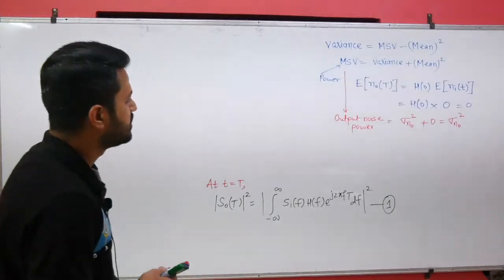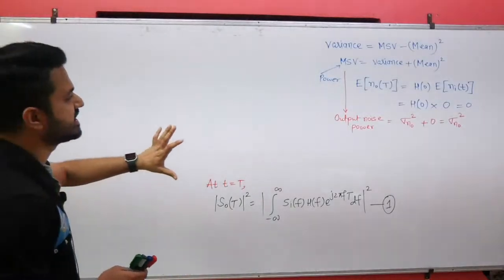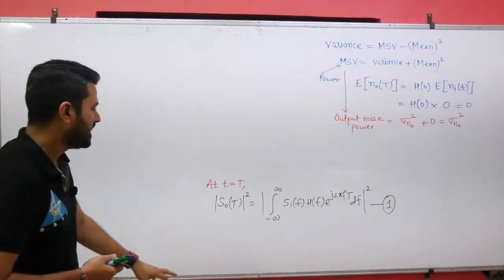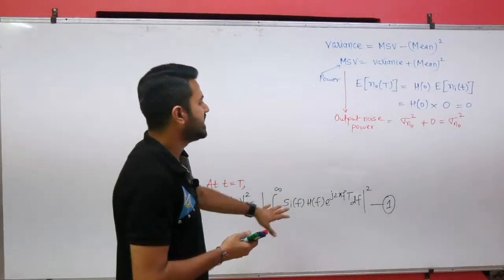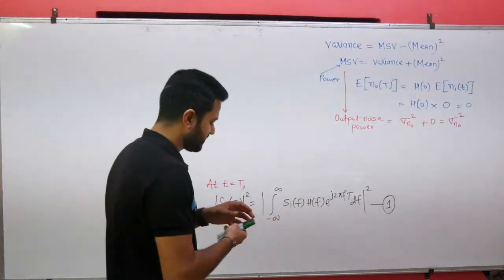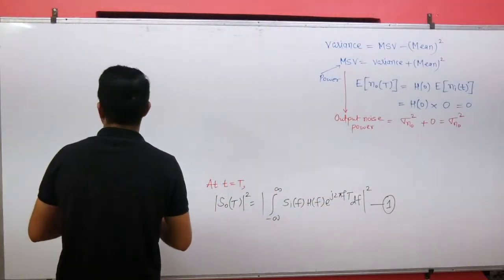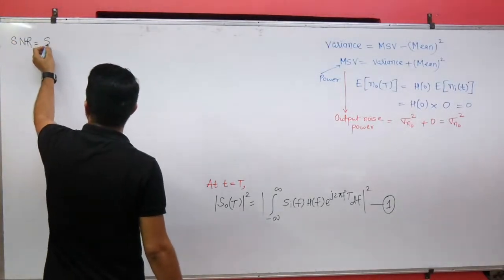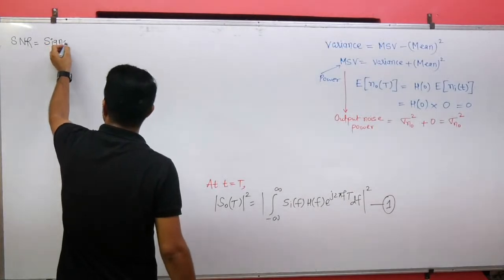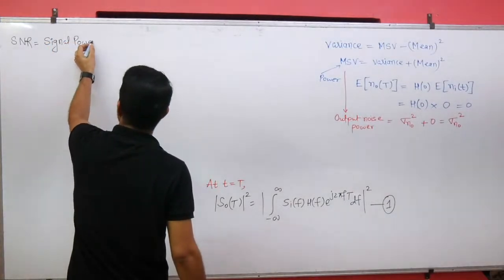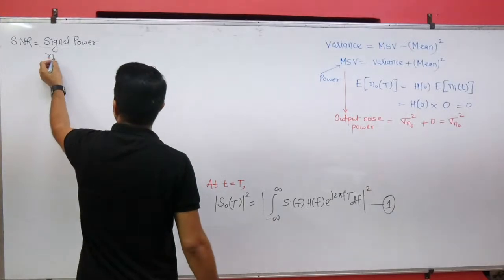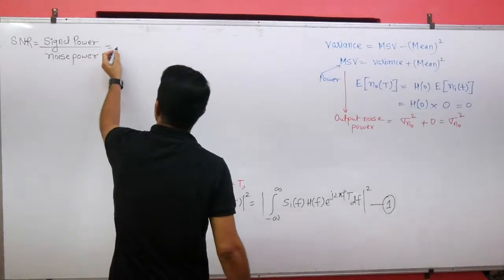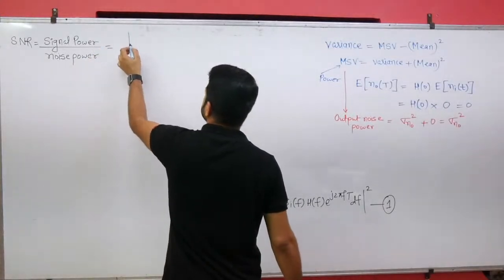Yes. So all of you agree with this. Up to this point it is clear, isn't it? Now we have calculated the signal power, we have calculated the noise power. So what will be the signal to noise ratio? Signal to noise ratio is nothing but signal power divided by noise power, and the signal power we have calculated, which is mod